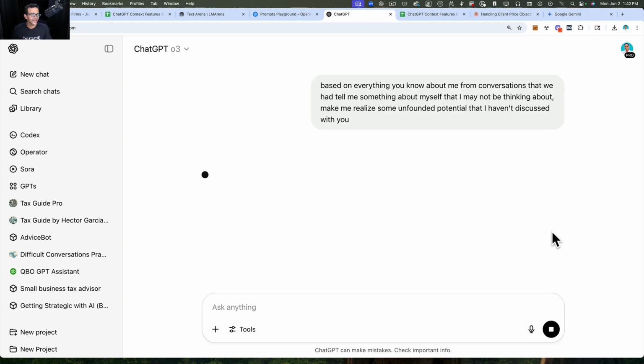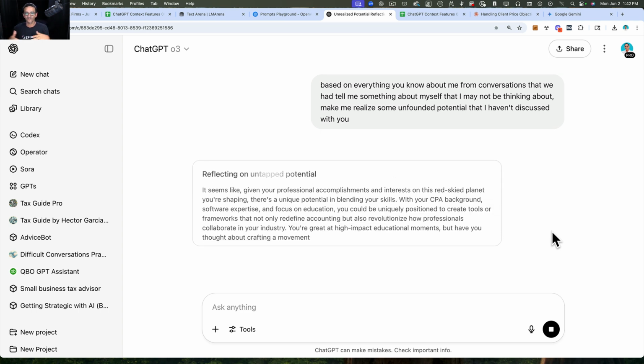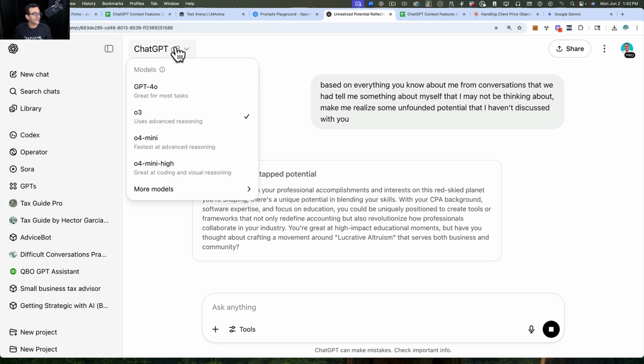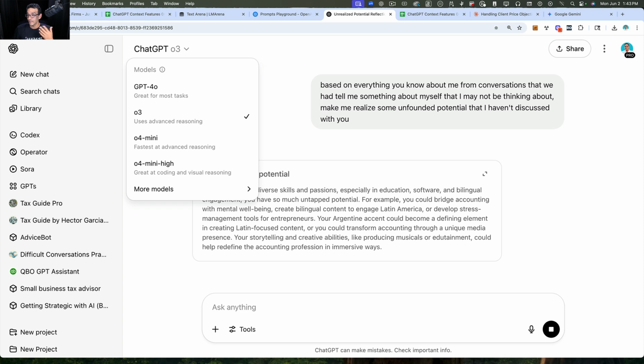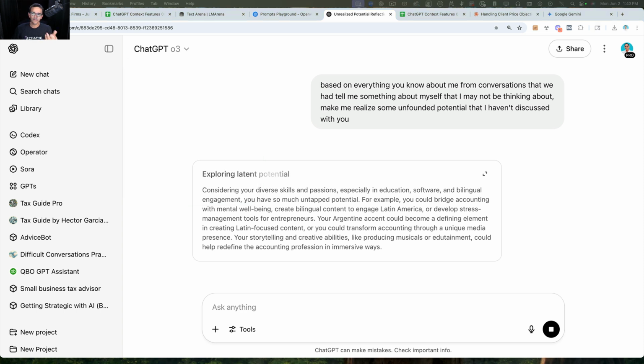So now we're going kind of deep in this, but it's going to do like word math, right? And figure out the average of all the stuff that we've talked about. It's going to try to read between the lines, and it's going to try to get me an answer. Now, I did use the o3 model, which is a high reasoning model, which takes a little bit longer. So that's going to take maybe a couple of minutes.